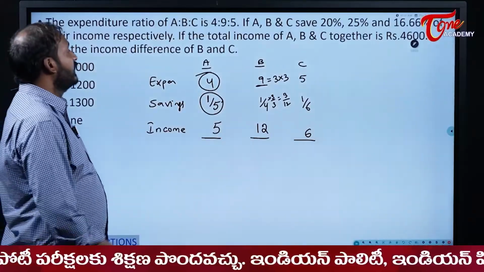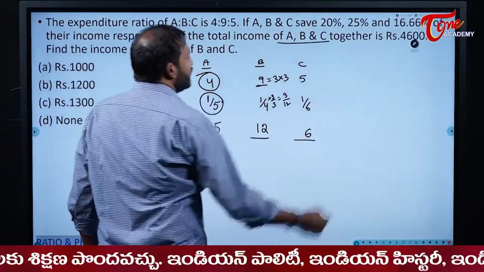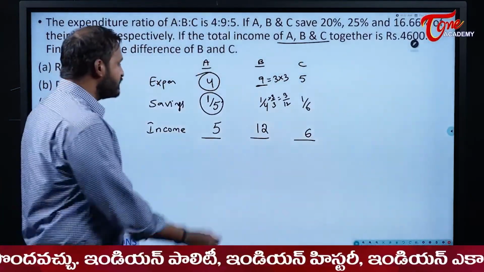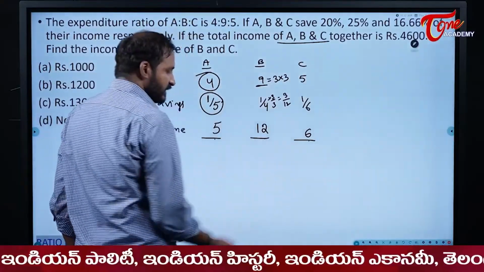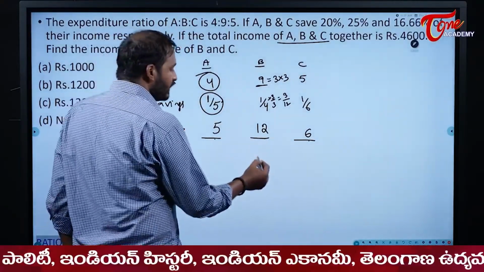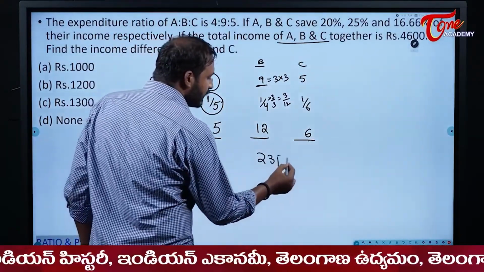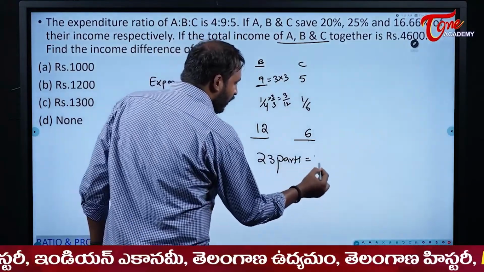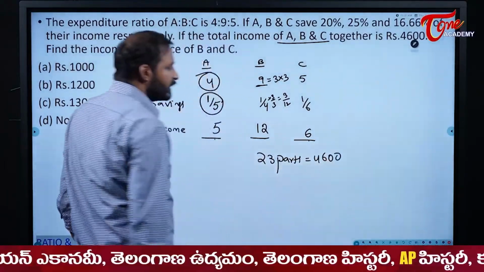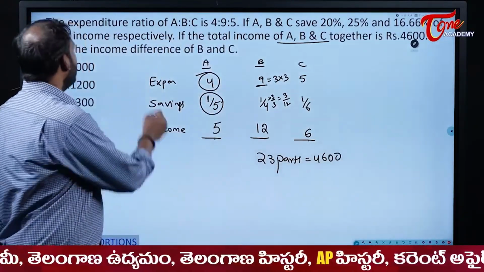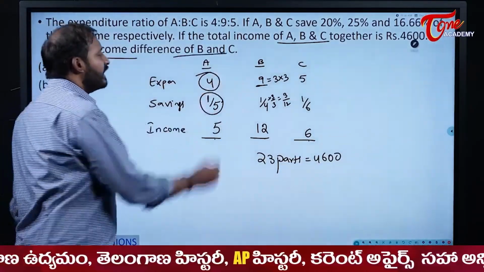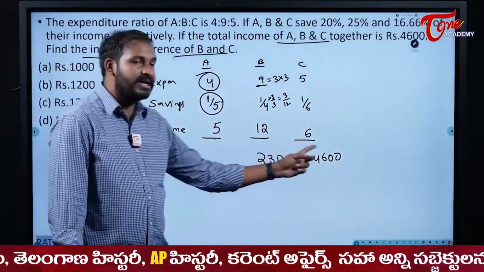Now, if the total income of A, B and C together is 4600, that means 5 parts plus 12 parts plus 6 parts. Total it becomes what? 23 parts. If total income 23 parts is equal to 4600, find the income difference of B and C. What is the income difference of B and C for me here? 6